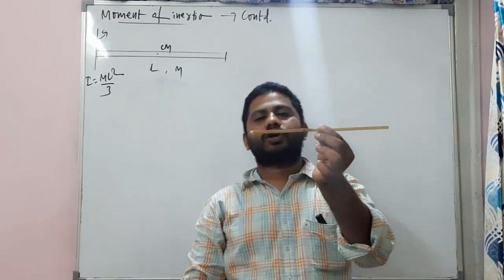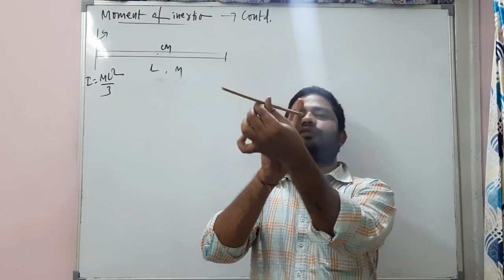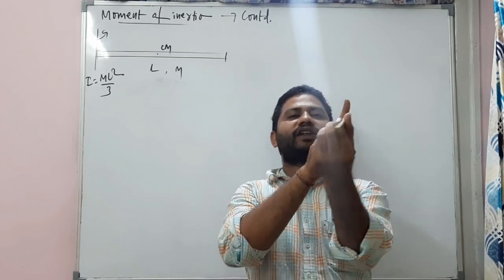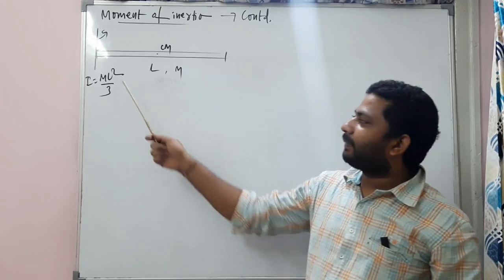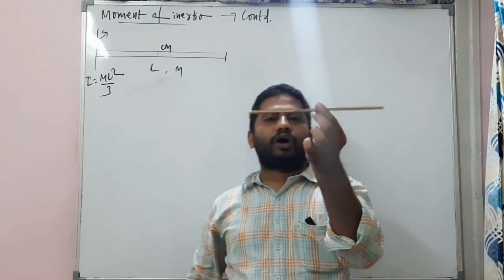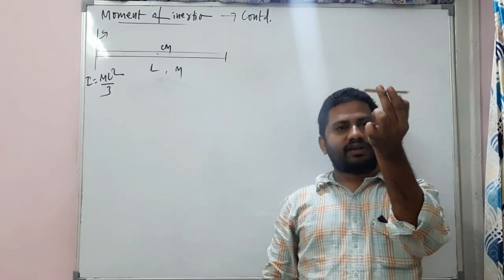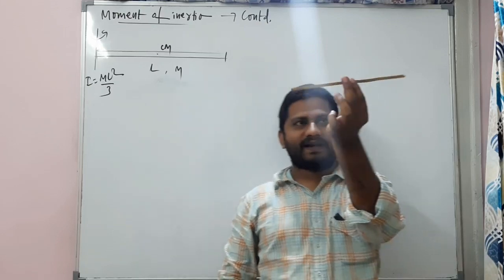If this rod is rotating about this axis of rotation, the moment of inertia we have got is ML square by 3. I hope you remember this. Imagine this is the rod. If the same rod is rotating about the axis of rotation which is at the center of mass, like this,